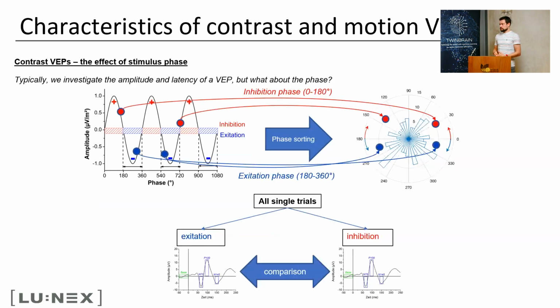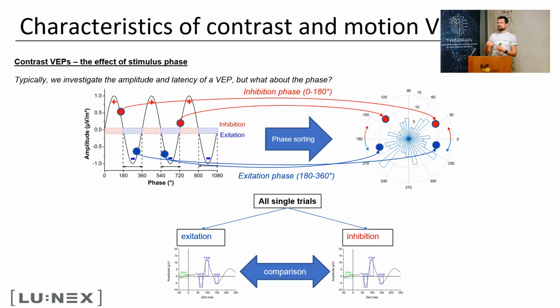What we were then doing was, okay, every single trial was arriving at a certain phase. So we used the phase at stimulus onset. Obviously, this is not the phase on the thalamic level. Of course, we cannot measure that with the EEG. So we were just using some kind of anchor point. And we said, all right, based on the phase at stimulus onset, we were just ordering these individual trials into